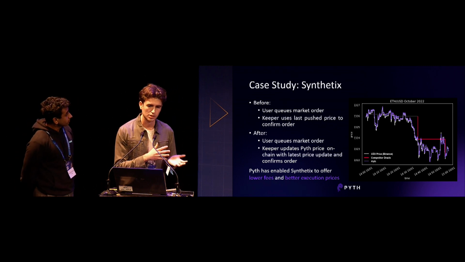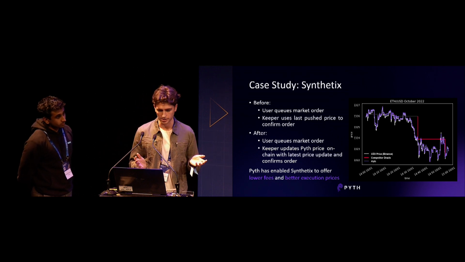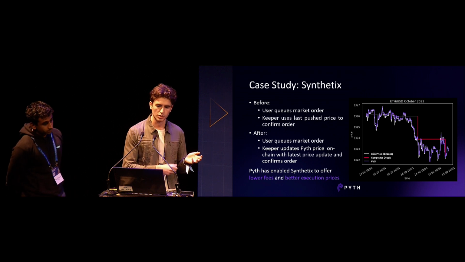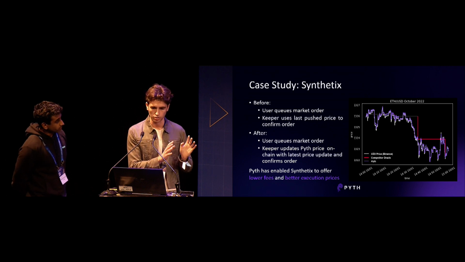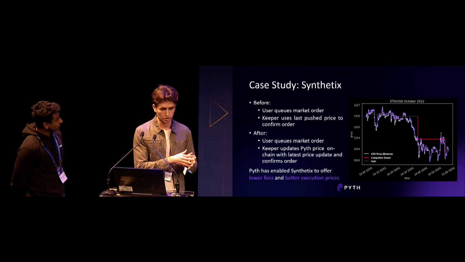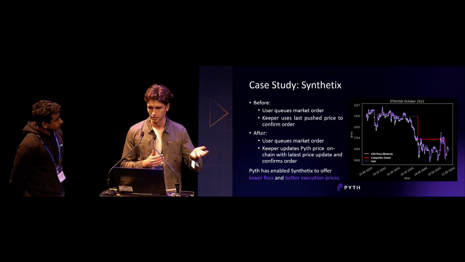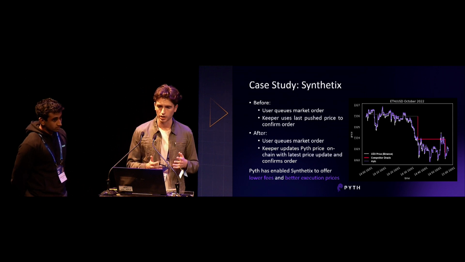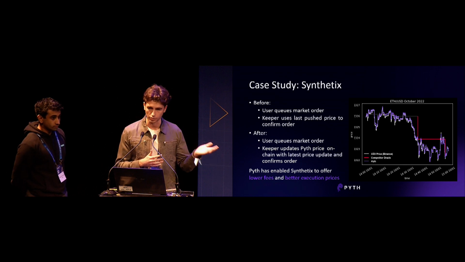Now it works differently, with the same first step for the user. However, instead of referencing the last push price, which could be up to 20 minutes stale, the keeper will take the latest on-chain price that has been verified and submit it to the Pyth contract, which verifies the price, and that's considered the new canonical price for that particular price feed. So as a user, I'm getting far better pricing for whatever derivative I'm trading. And on the protocol's behalf, for synthetics, it's quite a bit safer in the event of a liquidation, for example.